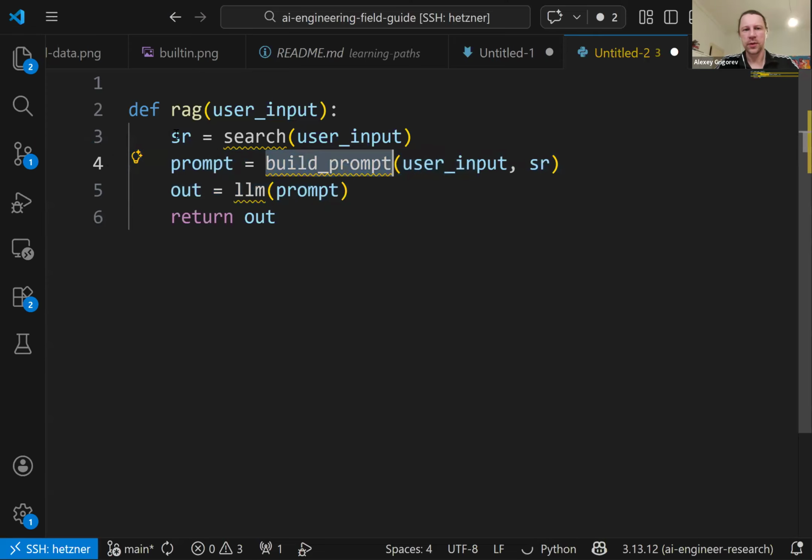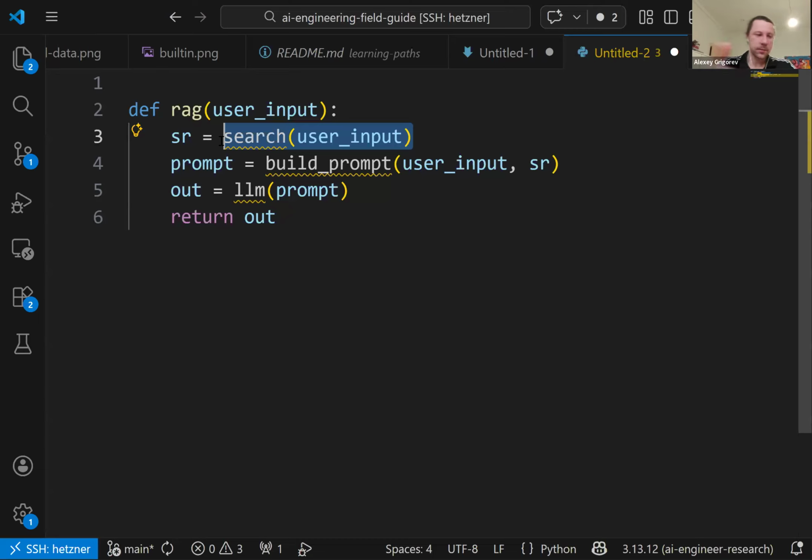So you build the prompt, whatever search returns, you put it inside the prompt, you send this to the LLM. So this part is not that complicated, but this part is, because what you need to have is some sort of search index, which not only responds reliably, but also the data needs to end up there somehow, right? It doesn't just magically appear there. So some process needs to put this data there, and it needs to put it there reliably. And this is nothing else but a data engineering job, right? Because you as a data engineer have been doing this kind of thing for ages.